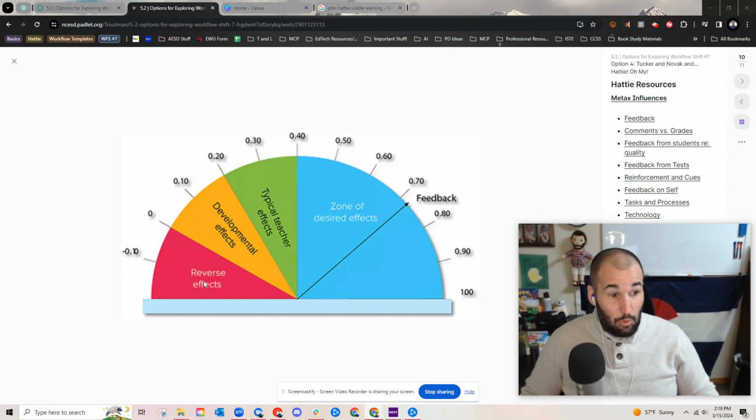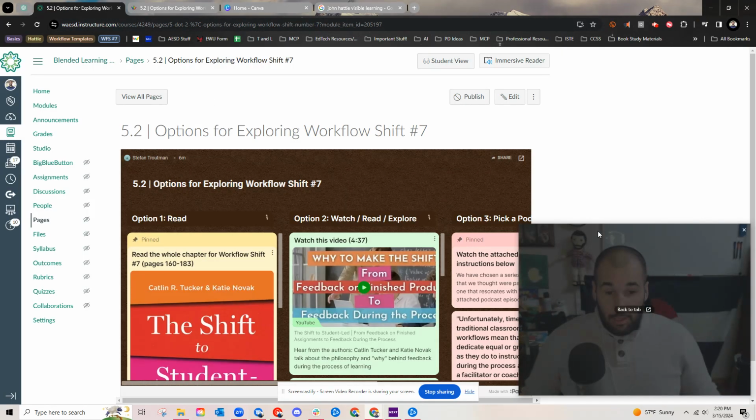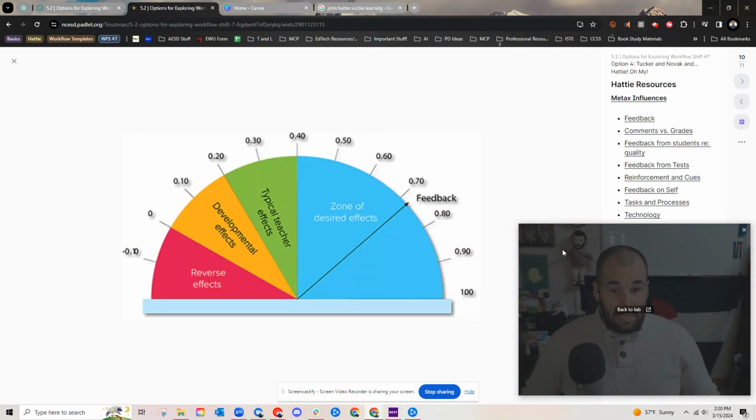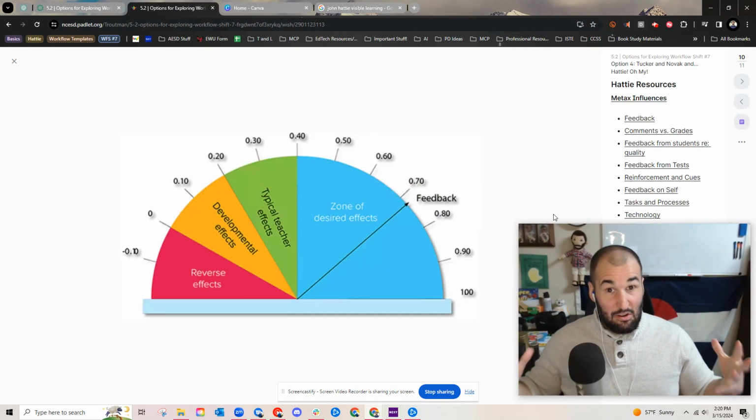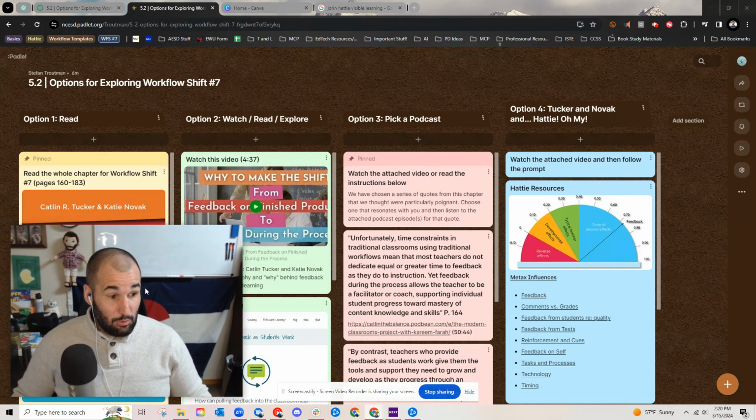And then these are things that will literally negatively impact their learning and harm them, and result in learning loss essentially. So what we're looking for are things that are up here, right? How can we really focus our efforts, and how do we remove these things? It's a great way of thinking about what we do in the classroom. That's again a very broad and simplistic view of Hattie's work, and it's highly respected in the field